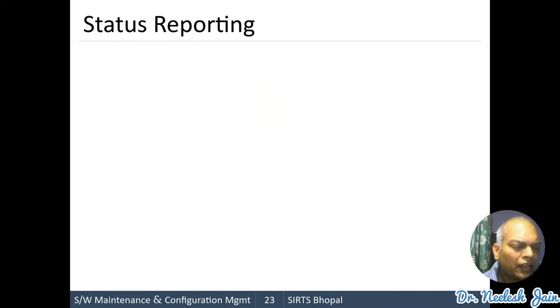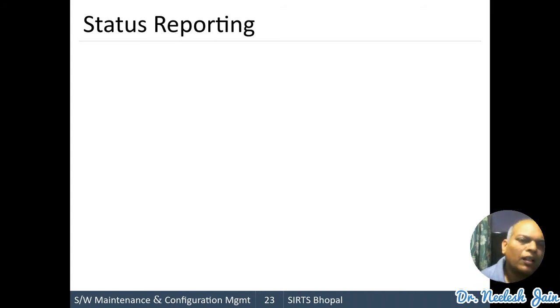And the last layer that you have seen in the figure is the status reporting. I think everyone knows the meaning of reporting. As students, you are reporting to us by viewing this online lecture, by writing P in the comment box. You are also giving a wave signal to teachers who are taking online classes. Means you are doing the reporting that I am present here.